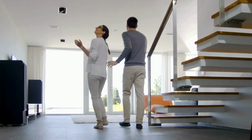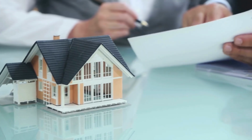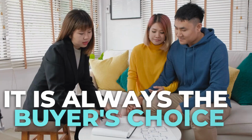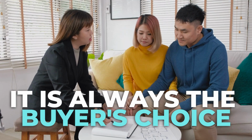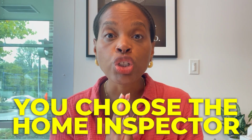So let's say you find the house that you love, you have an accepted contract that's been signed by both the buyer and the seller. Now what? How do you decide who is going to inspect your home? It's very important to know and understand it is always the buyer's choice to select your home inspector. It's your home, it's your money that's going to be going to this home inspector, so you choose the home